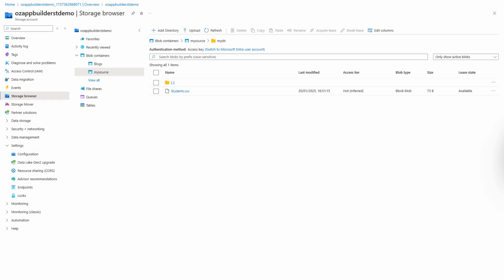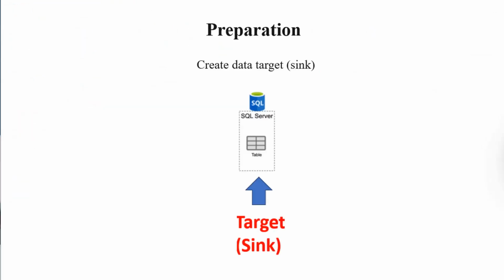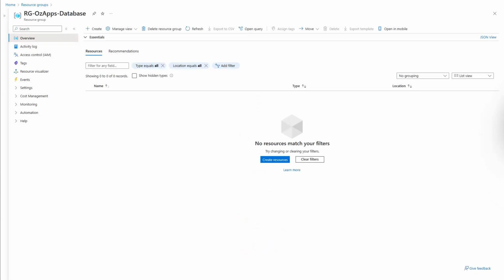We need to create our target as well, which is a SQL Server. Now we set up our data pipeline target. In the requirement, our data sync is a SQL Server. So I want to create a SQL Server, but I just created a different resource group for that. You don't need to create a different resource group. You can use the same resource group for all resources. Resource group is basically for grouping your resources in a different logical way. So it's up to you if you want to have a different one or if you want to put all resources in one resource group. So we create wherever we want to create that